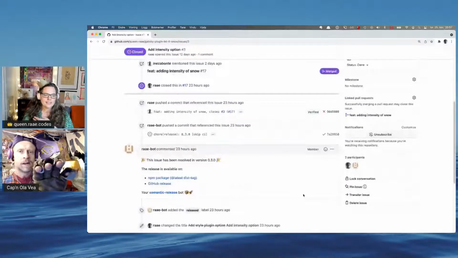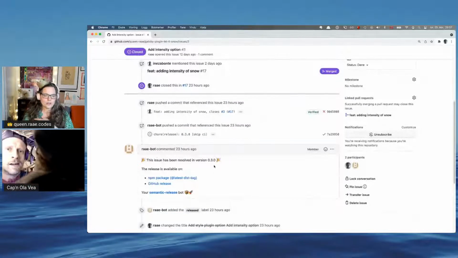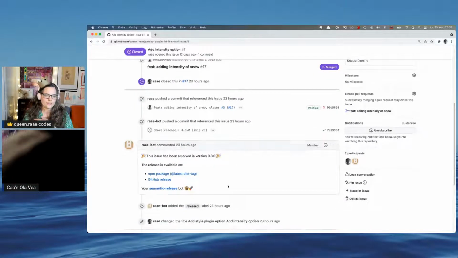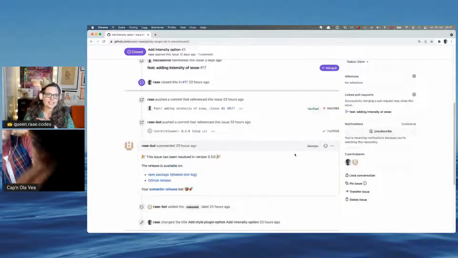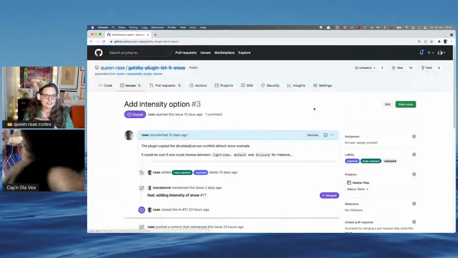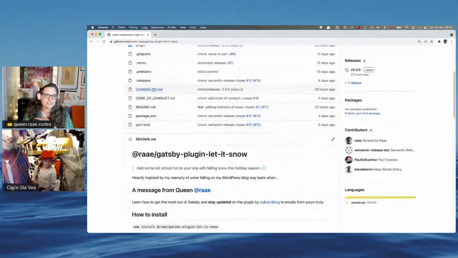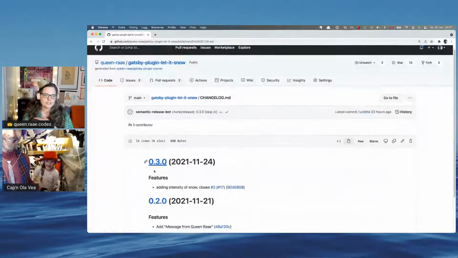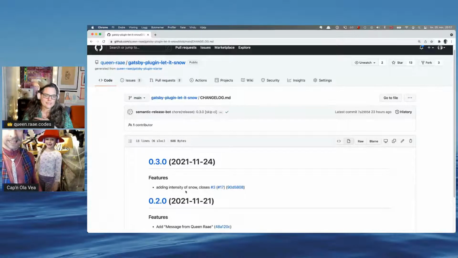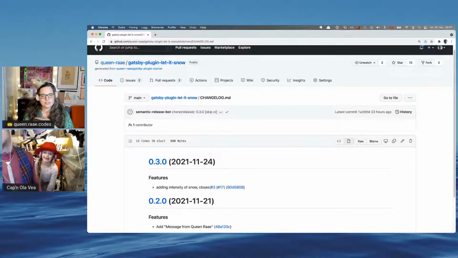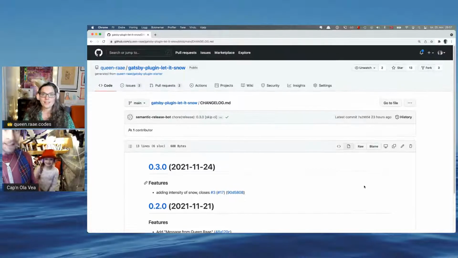It then also adds this comment that it's been resolved in version 030 and that the release is available and blah, blah, blah. And in addition to that, it updates the changelog so that we can see version 030 feature adding intensity of snow now closes 3. And all of that just happened automatically without me having to do anything, which I think is super